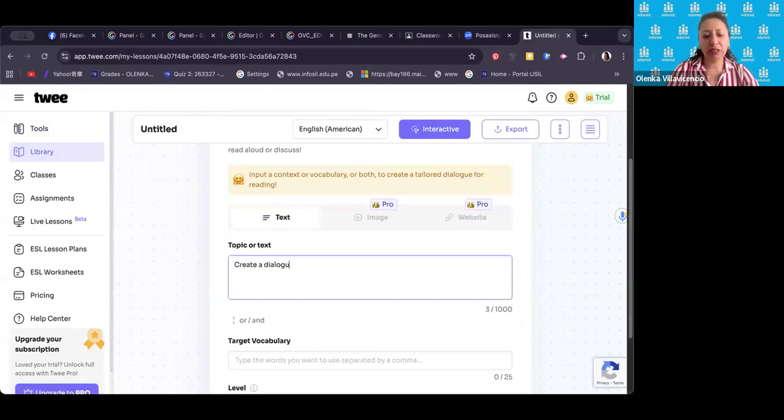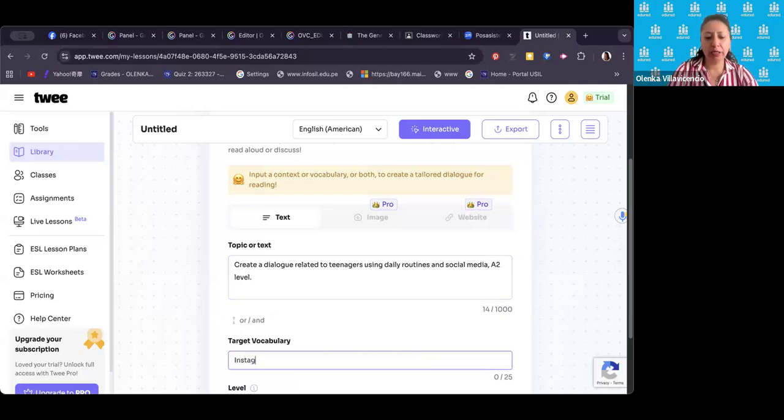Create a dialogue related to teenagers using daily routines and social media. Routines and social media. Create a dialogue related to teenagers, A2 leveled. I'm going to put here A2, A1 leveled. And I'm going to put here Instagram, here TikTok. We're going to put a smartphone, TV, video games,